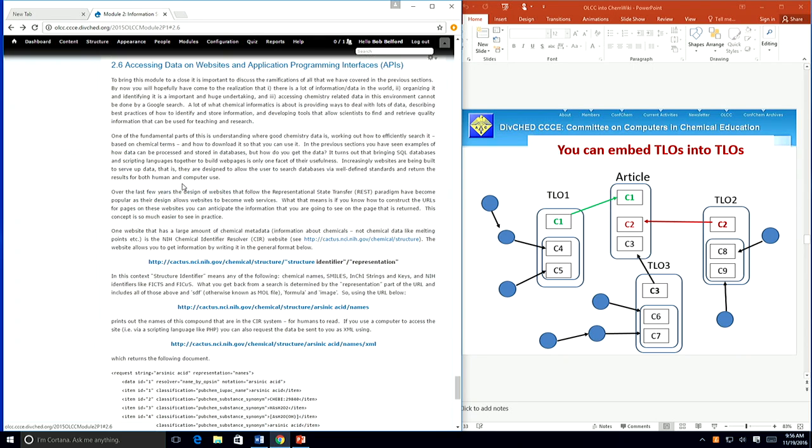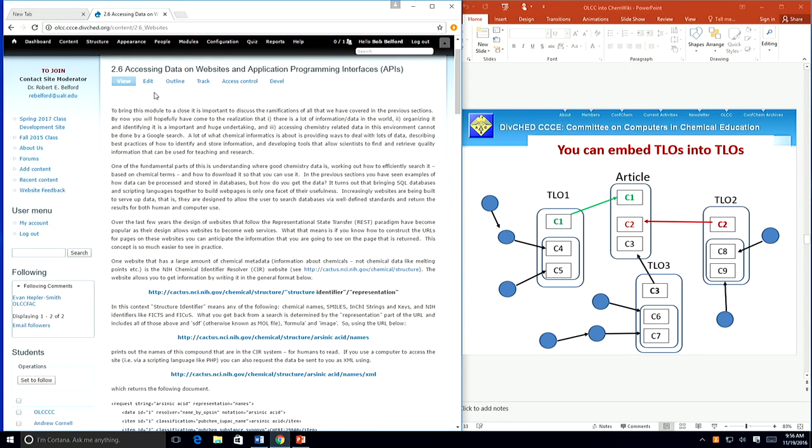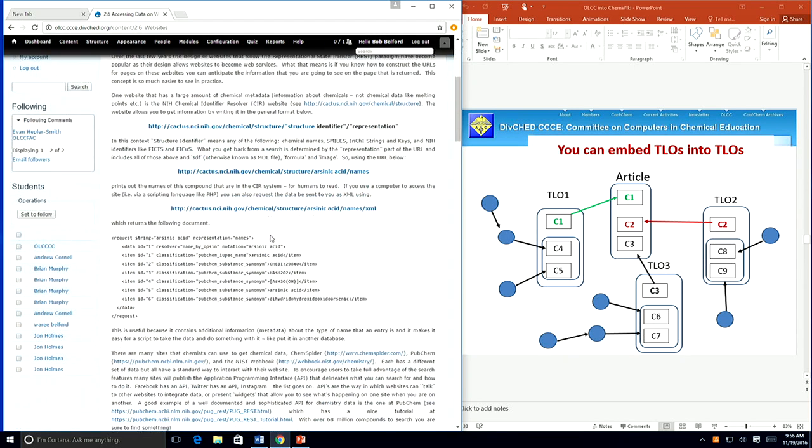Now I'm going to jump down to the TLO 6, okay? And if I look here, I'm in the article, all I see is the title and the caption. Now if I click on the learning object, so this is like I'm now into TLO 1, I see the title of this, the caption of this learning object, which I also saw on the previous page,